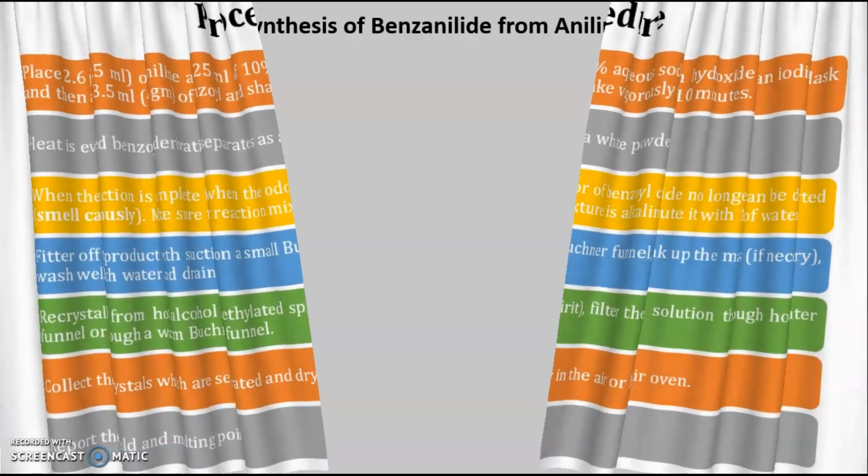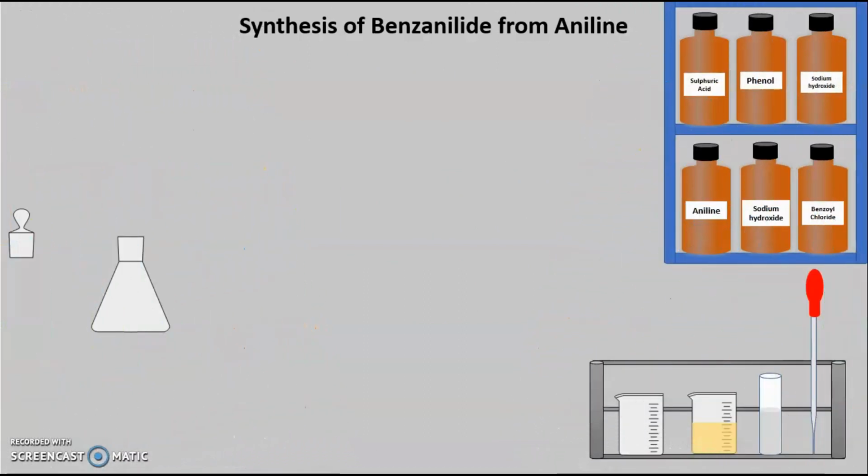So you can see that this is our today's virtual lab. These are the various instruments that are required for performing this particular experiment. Here I will just introduce the different apparatus that are required to perform this experiment. This is known as the iodometric flask, along with this stopper.